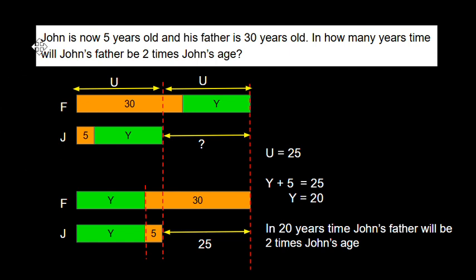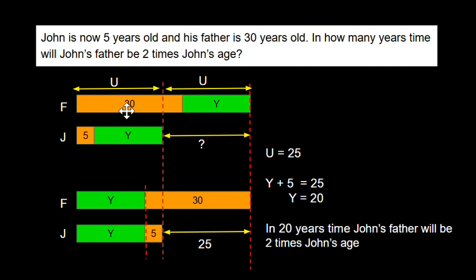Now we change the question a little bit. Now John is 5 years old and his father is 30 years old. So we know John is 5 years old, the father is 30 years old. In how many years' time will John's father be 2 times John's age? So now